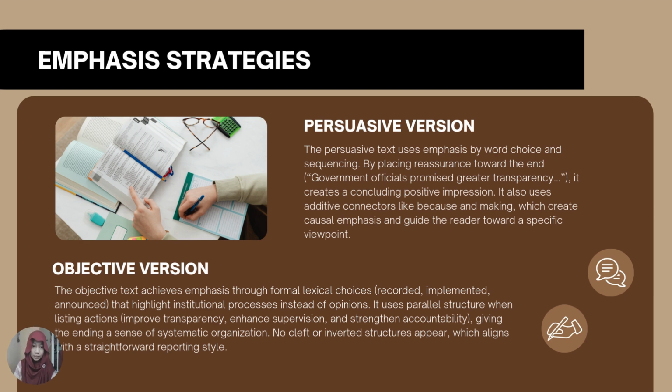Emphasis strategies. The persuasive text uses emphasis by word choice and sequencing. By placing reassurance towards the end, government officials promise greater transparency. It creates a concluding positive impression. It also uses additive connectors like because and making, which creates causal emphasis and guides the reader towards a specific viewpoint. The objective version uses formal lexical choices such as recorded, implemented, and announced that highlight institutional processes